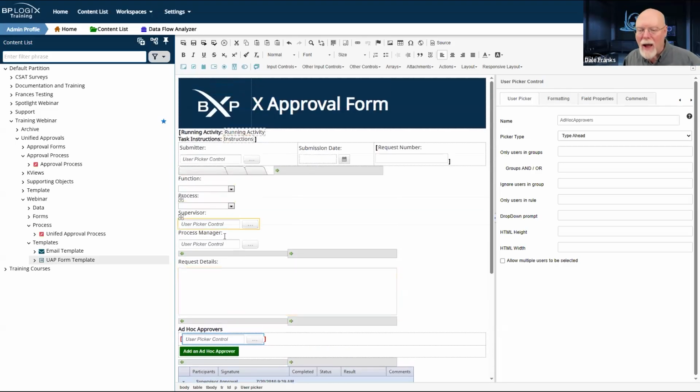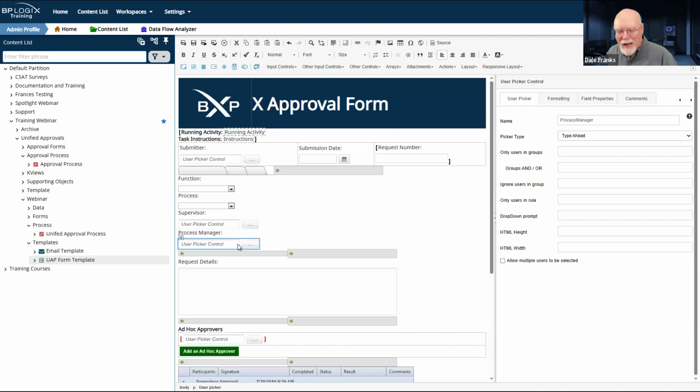I also have a process manager, which is a user picker as well. And I'm going to need a process manager approval as well. Now, don't take the order in which I'm assigning these as gospel. You might do it differently. You might have your process manager look it over before it even gets to any of the individual function segments in the process timeline. I'm going to throw it in after. The order is not important, but the way of being able to do these assignments is important.